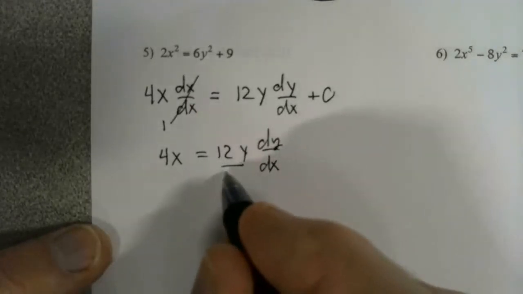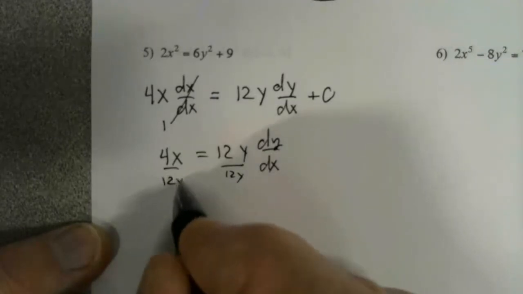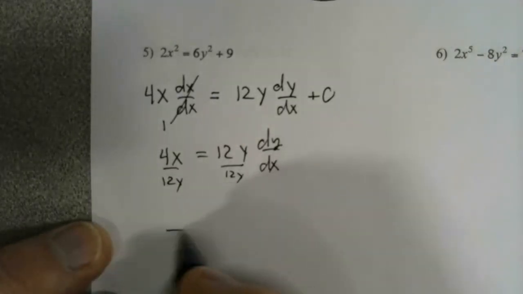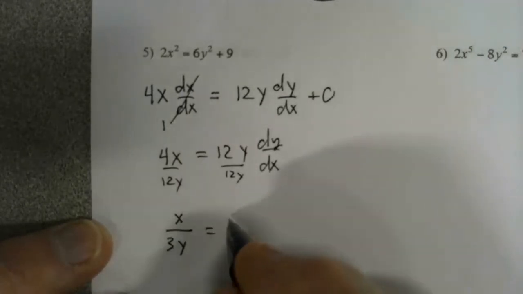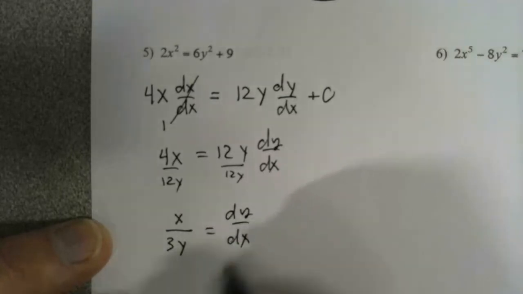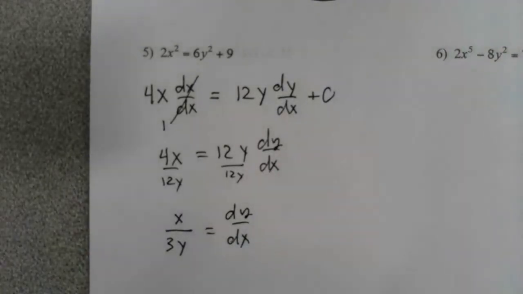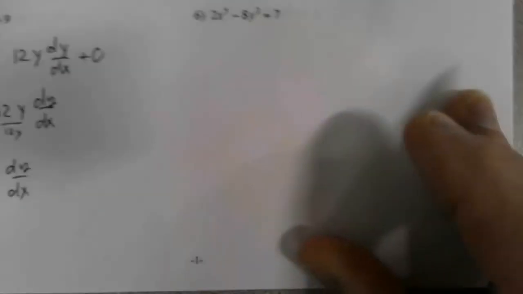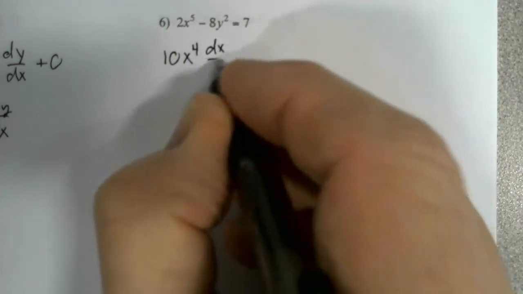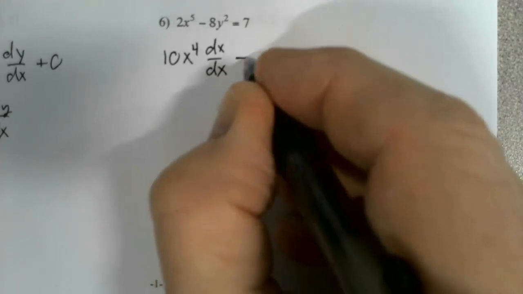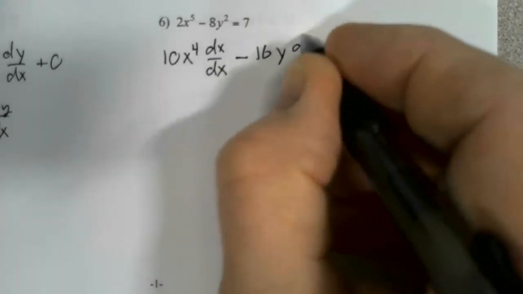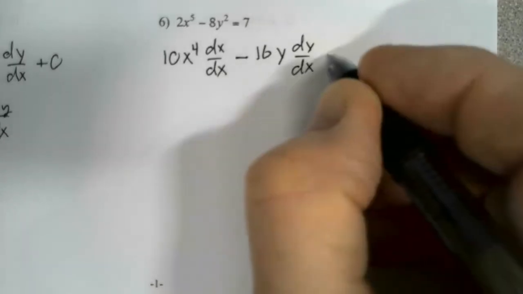I can divide both sides by 12y. The 4 and the 12 can reduce, so that's going to leave me an x in the numerator and a 3y in the denominator, and that is my dy/dx. Let's do number 6. So we're going to take the derivative term by term. This is going to be 10x to the 4th dx/dx minus 16y dy/dx,